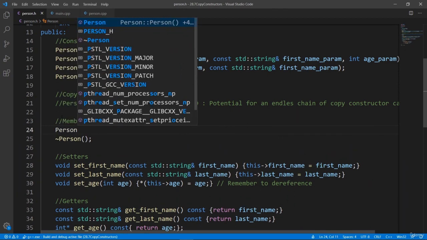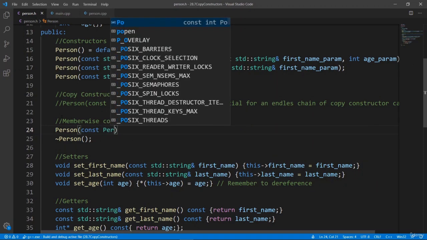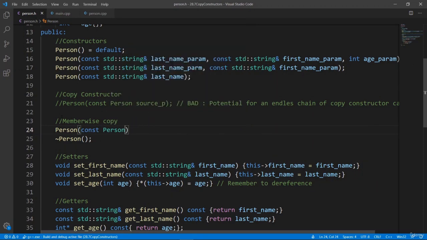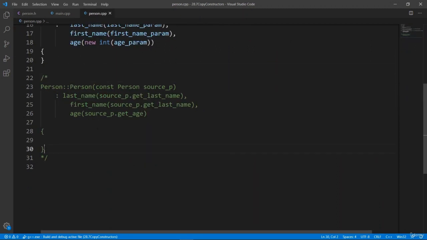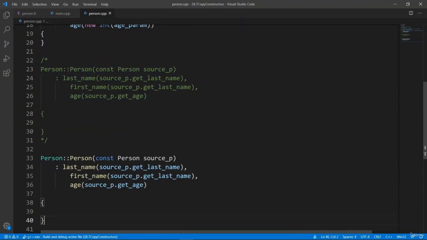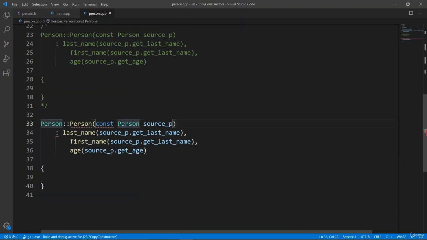So we're going to say person, and we're going to pass our parameter by const reference. So we're going to say const person reference and say source P here. This is going to be our source person. We're going to head over in the CPP file and reuse what we had done before. We can copy this. And we're going to put in our copy constructor, which is going to pass by reference